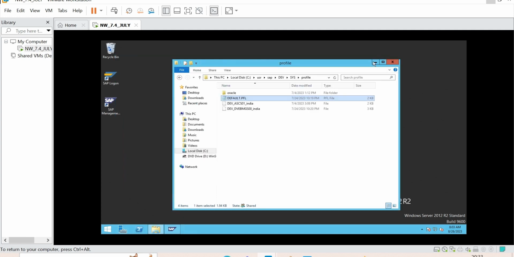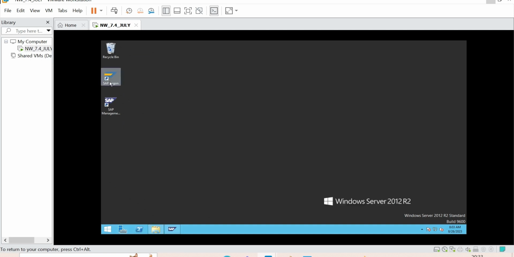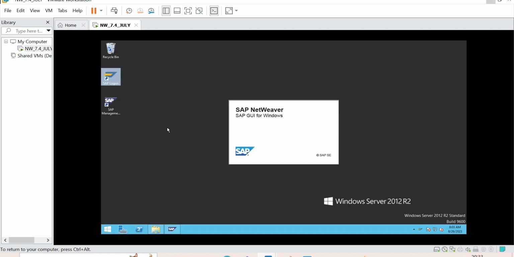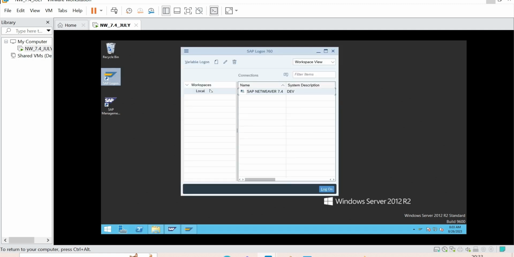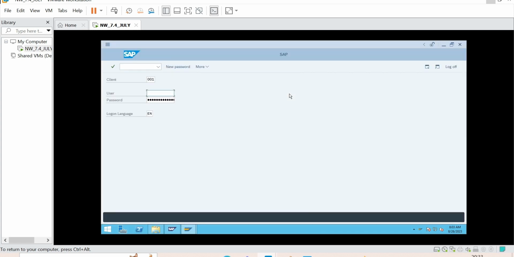So when I log into my SAP system, by default it shows that client. When I try to log into the SAP system, this is SAP GUI. I double click on this and it opens the SAP screen.